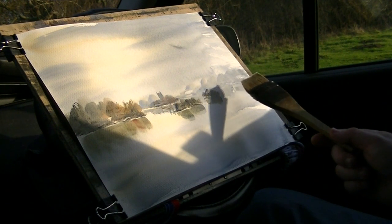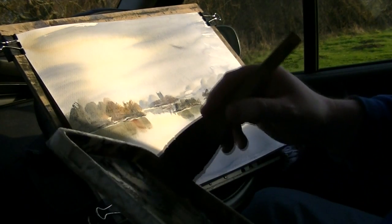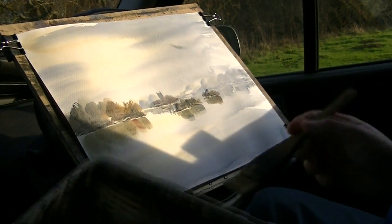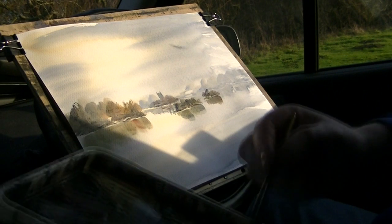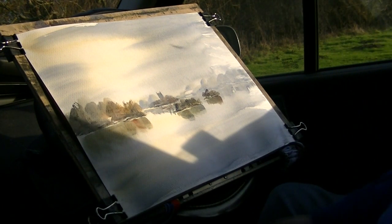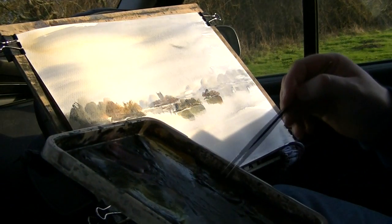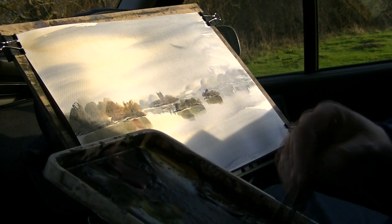So what I'm going to do now is some trees, some bigger trees over on this right hand side. In fact, what I might do is switch to the number 3 rigger. Plenty of water. Just dip the brush into your water and get plenty on the palette. And then I'm going to go into the dark colour. I'm just going to mix burnt umber and ultramarine,